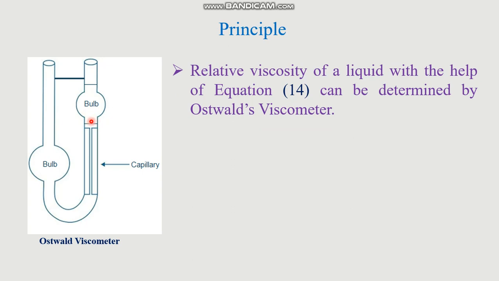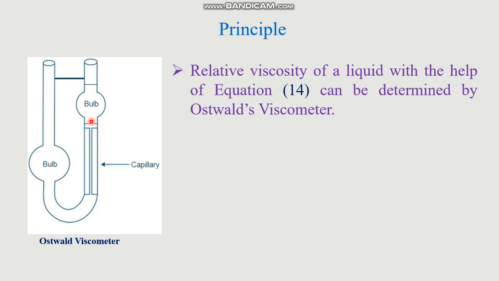The data η1, the viscosity of the reference liquid, is known to you. t1 is the time required for the reference liquid, say it is water, and ρ1 is the density of water, which is a known parameter from the literature. And you have to determine with the help of a picnometer the density of the experimenting liquid, which is ρ2, and this way, by recording the time taken for that liquid, t2, you can easily find out